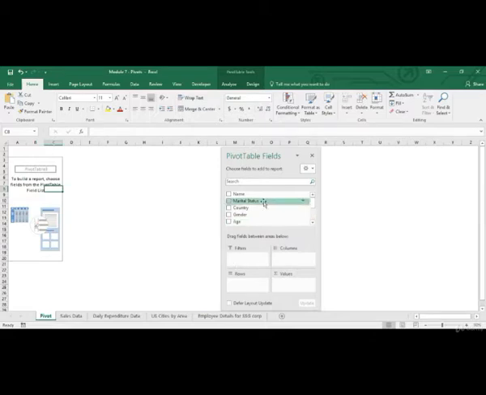In filters, we can drag and drop any of these variables. Usually we put those variables for which we want to apply a filter or a condition, and we'll see how this works out. In columns, we will drag and drop that variable for which we want its different values to appear in different columns. In rows, we will drag and drop that variable for which we want its different values to appear in different rows. And in values, we will drag and drop those variables for which we want to summarize the data, say count the data or sum the data.